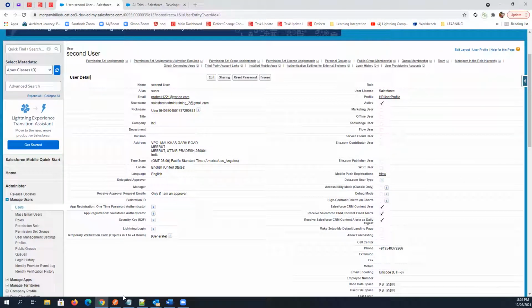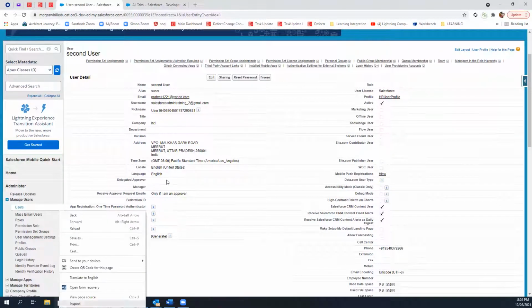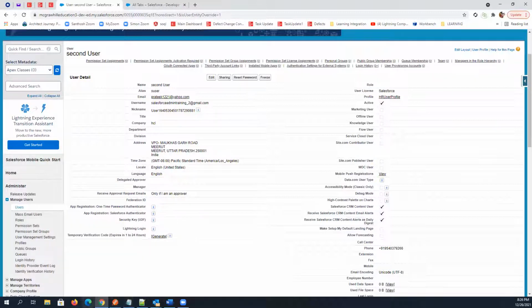Let me open another browser or an incognito window to log in as that user. It will be good to just open Firefox. So I'm just opening Firefox. If you log in on the same browser, then you will be logged out from the first user and logged in with the second user. Like with Gmail, if you have two Gmail accounts, and the first account is logged in, and you try to log in to the other account, then you will be logged out from the first one because the URL is same. Same theory will apply here.